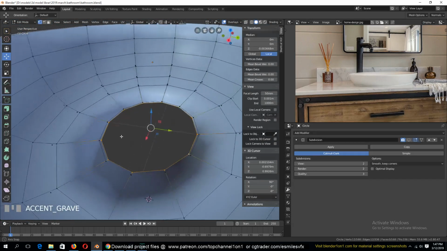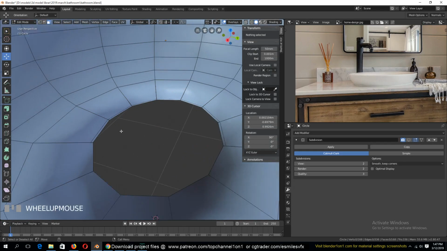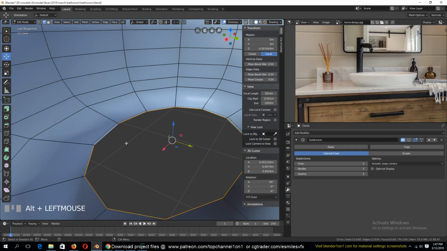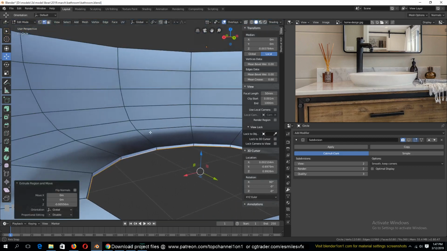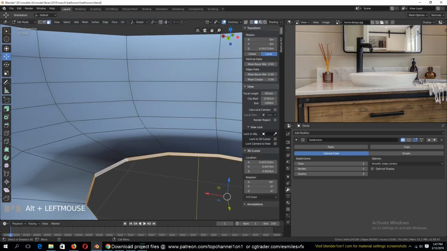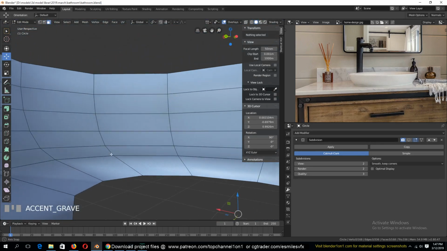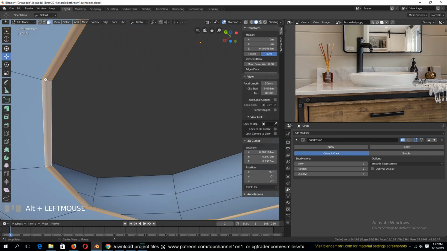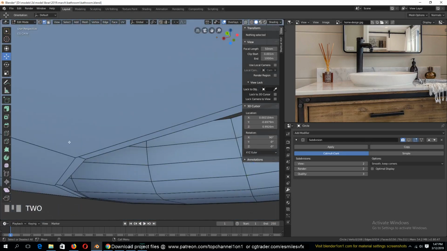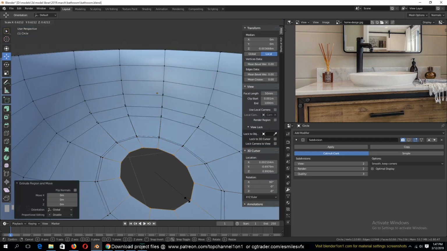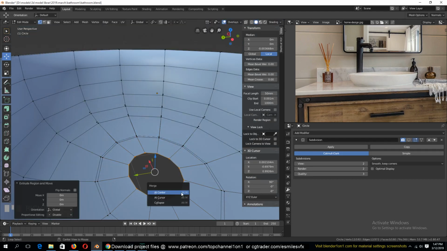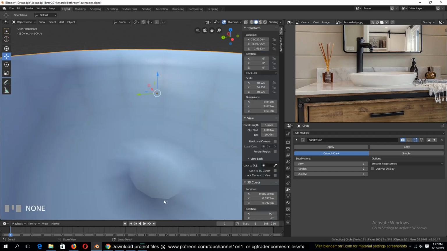This needs to be bridged. Actually, we can just extrude it down like this. Okay, we need to make sure that there are no faces in here. So this needs to be closed off, then merged at the center like that,